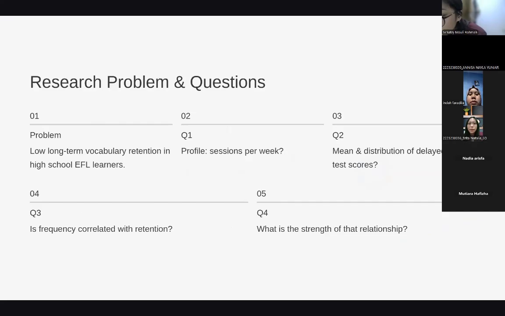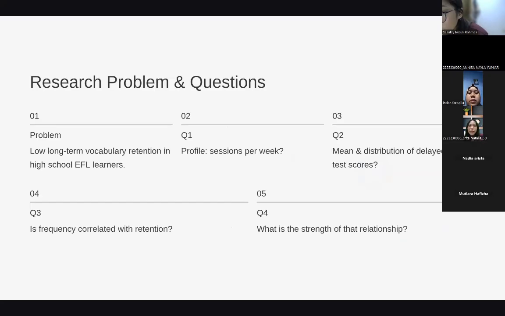So moving to the research problem and question. The main problem here is the long-term vocabulary retention in high school students. To investigate this, I created four main research questions. The first one: what is the profile of students, meaning how many sessions of quizzes do they play per week?